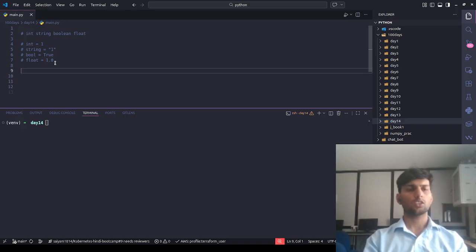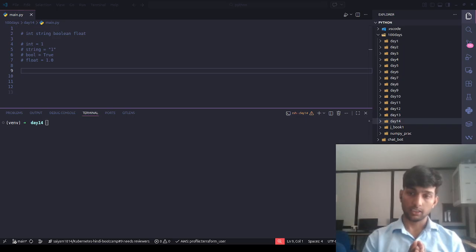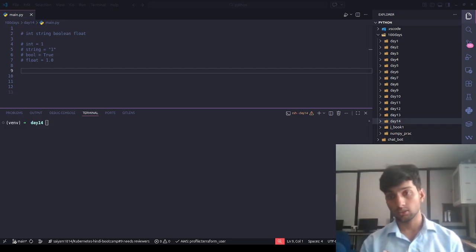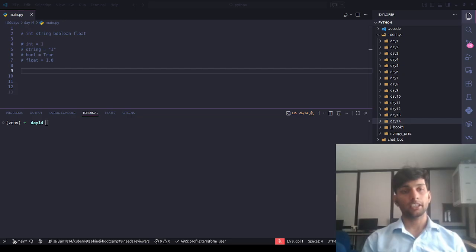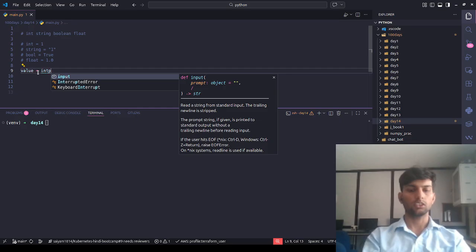So let's talk about if conditions. Here, this much is enough for you to understand Python. You might be wondering how the if condition works in Python. In Python, basically it is if and else. Like I want to drink coffee, but only if it is from Starbucks. But it might not be from Starbucks, so in that case, you will not drink it. That is the point. So let's take input, value is equal to int